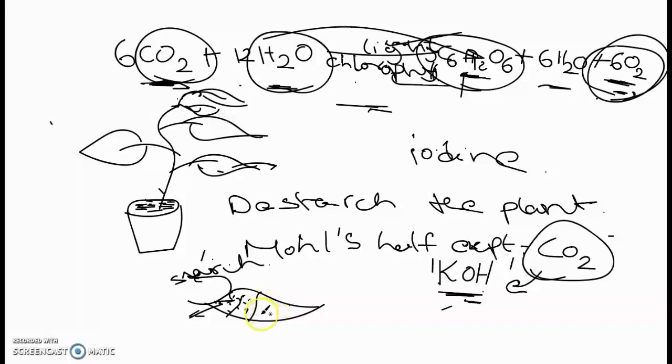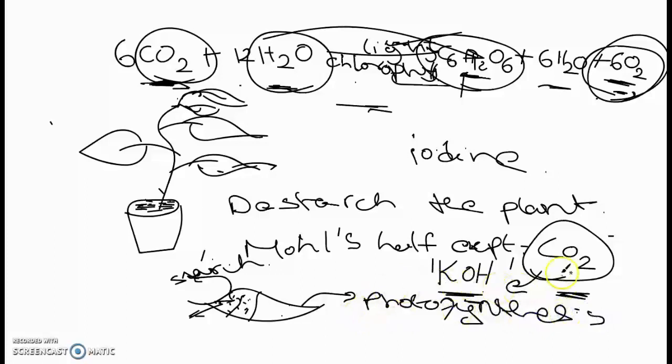So that's why we make use of the glass jar. Light is available, chlorophyll is also present in the leaf, and water is available. The only limiting factor for this half of the leaf is carbon dioxide. So this part of the leaf could not perform photosynthesis. What's the reason? The unavailability of carbon dioxide.